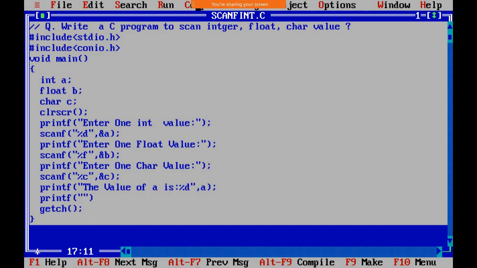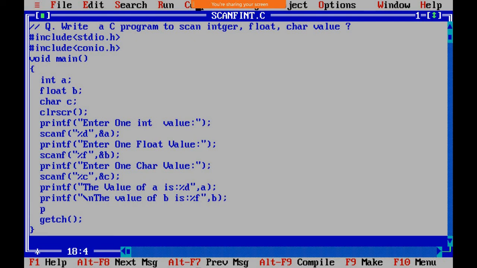I will write for printf double quote. Now we need to specify slash n value done f. The value of C is